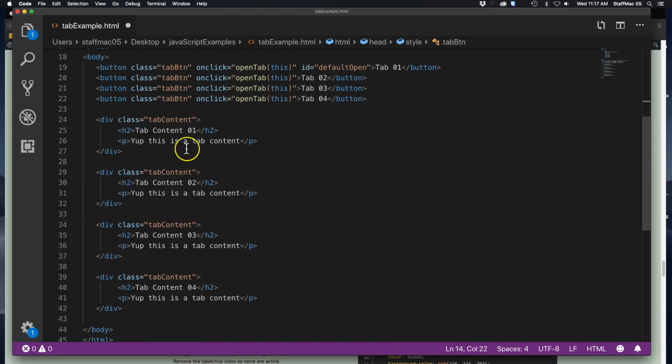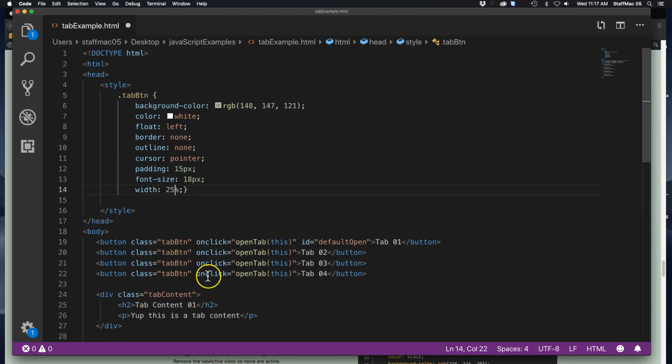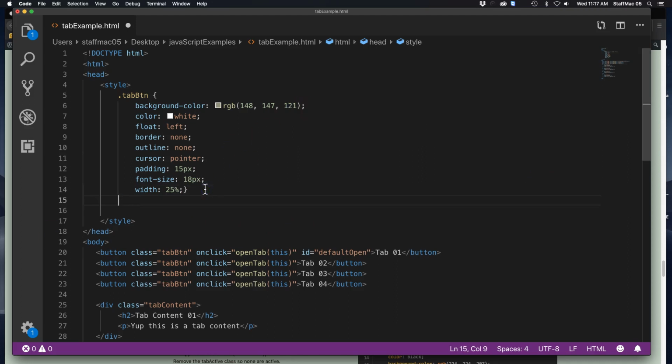If I had 6 tabs, I don't know what the math is on that. If I had 2, it would be 50% each. But I need basically each one of the tab buttons to go all the way across the screen, and so however many of them there are, 100 divided by however many there are, is basically what we're looking for. All right, now let's go ahead and do a tab hover